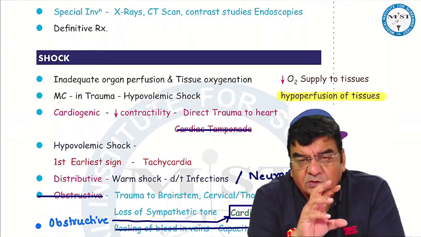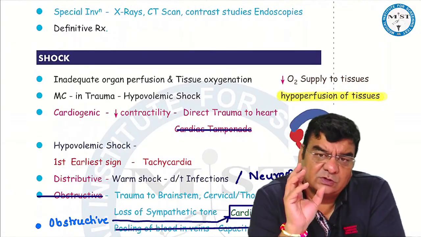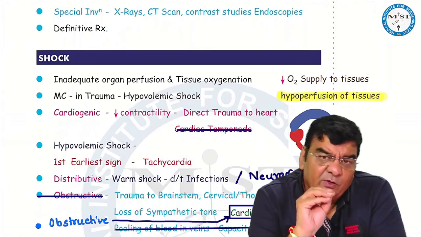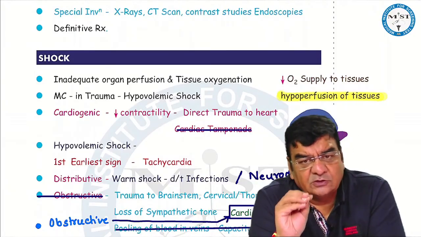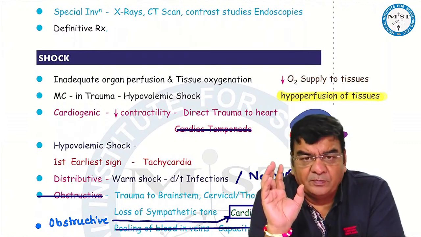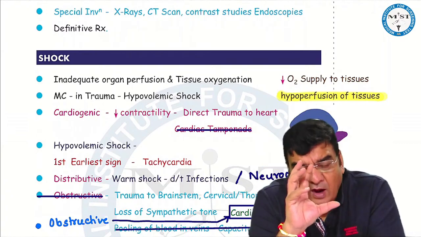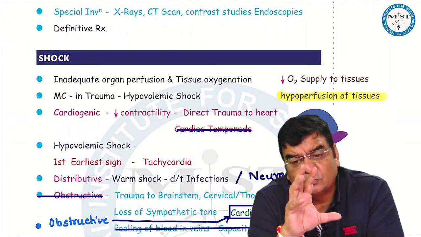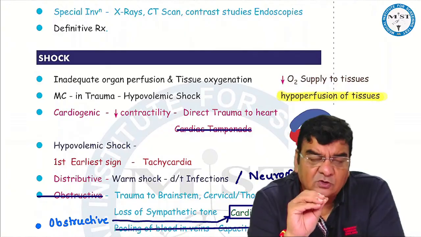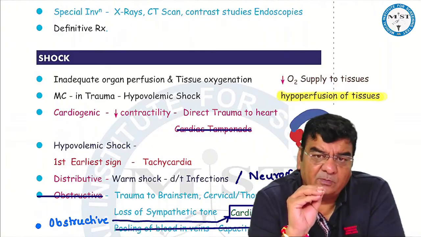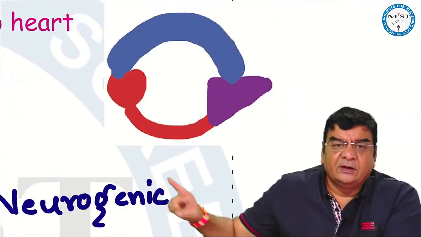Shock simply means hypoperfusion of tissues. That means inadequate organ perfusion and tissue oxygenation, less oxygen supplied to the tissues. Depending on who is the culprit: if the heart is not pumping, suppose myocardial infarction or direct trauma to the heart, the heart is not contracting, that is cardiogenic shock. If there is a leak in the pipeline,